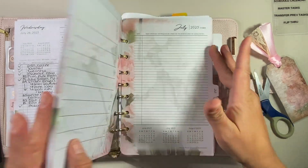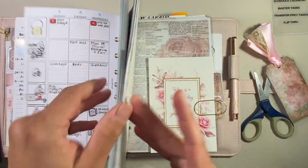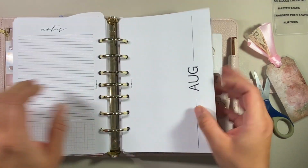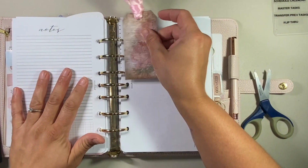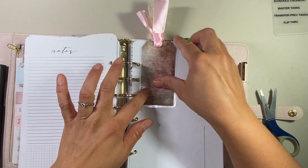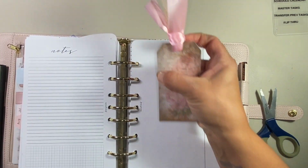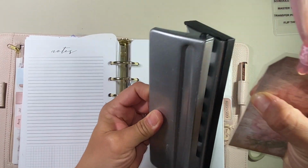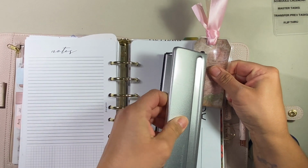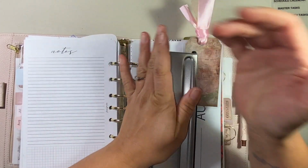So I think I'll put this one in my business section. And August is way back here. So I'll put it at the beginning of August for now. And I want it to kind of stand up so it's above that area. So I'm going to hole punch it. Right here would be the first hole. So I just kind of estimate where that hole would go. Right about there. I punch it with my,